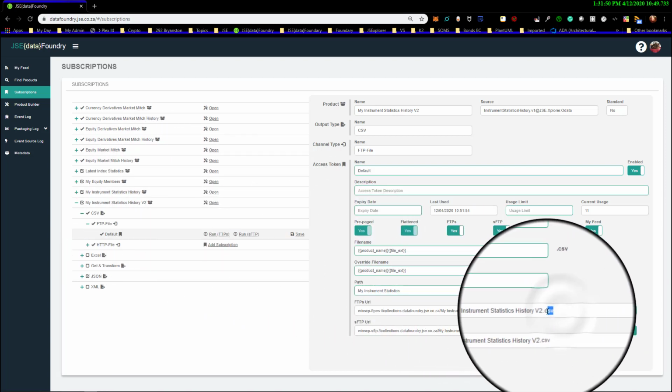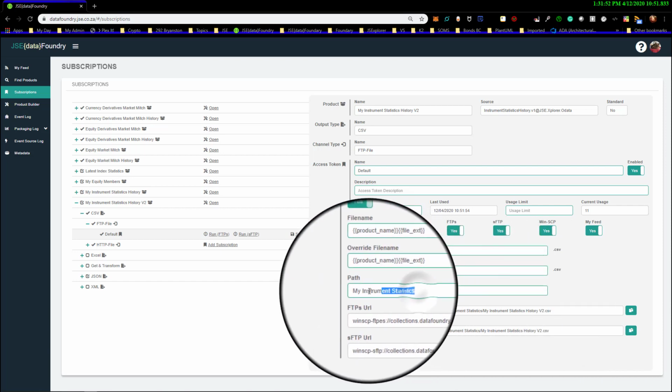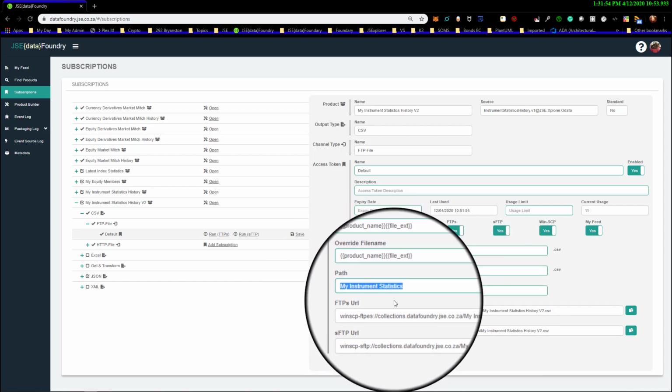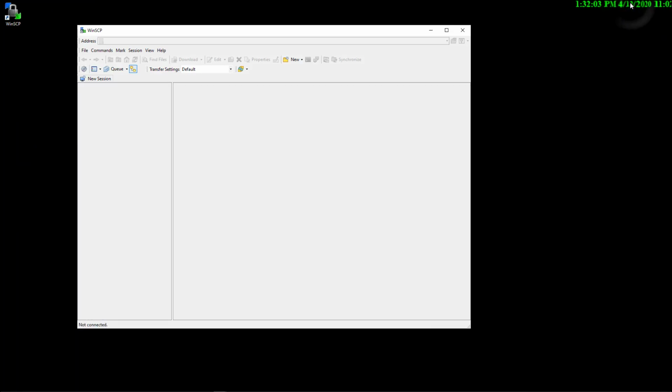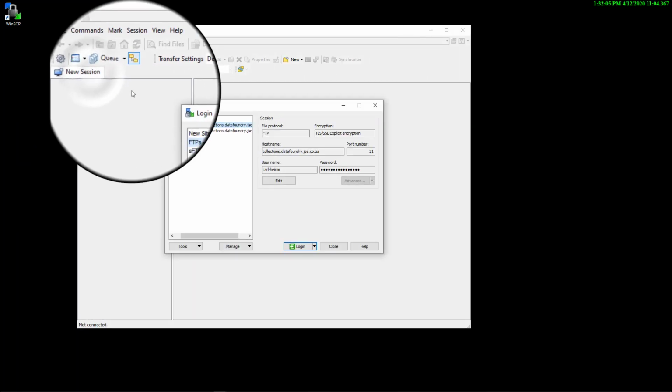It's a different output format, but I'm putting it in the same virtual folder called My Instrument Statistics. So I'm enforcing essentially a folder structure that works for me. So let's go and test that out. I'm going to go back to WinSCP, open up a new session,